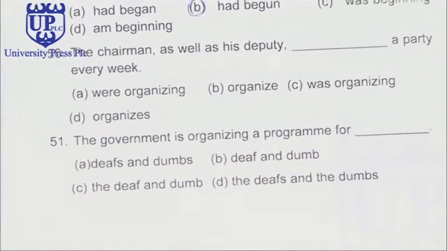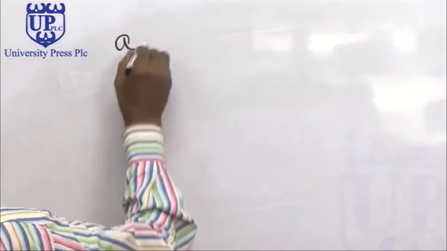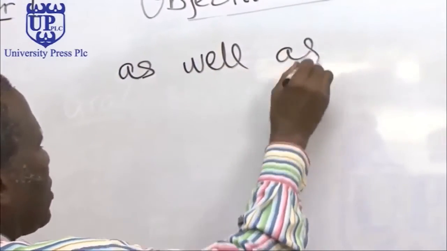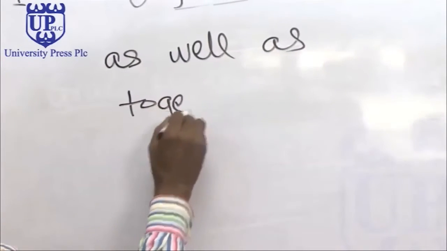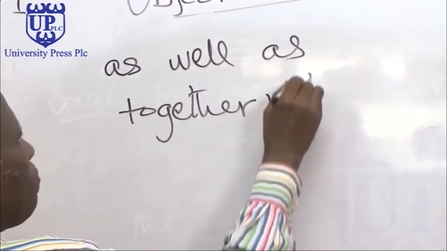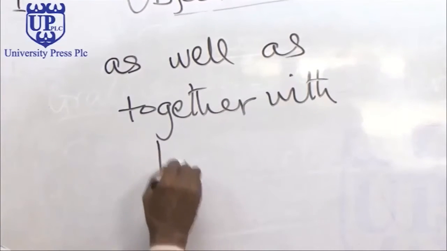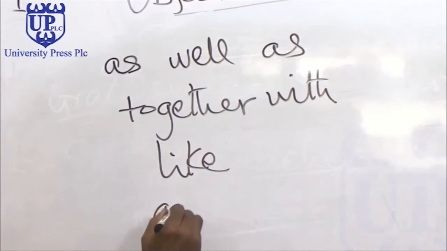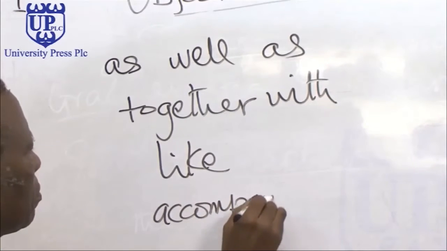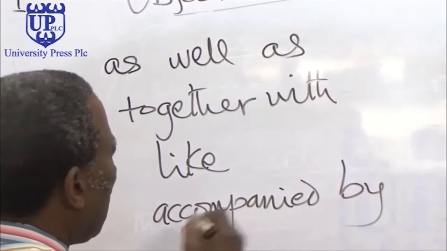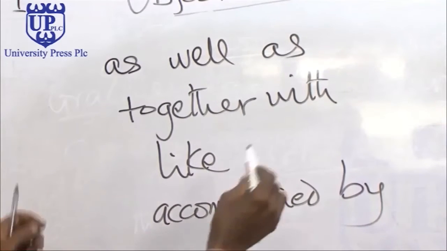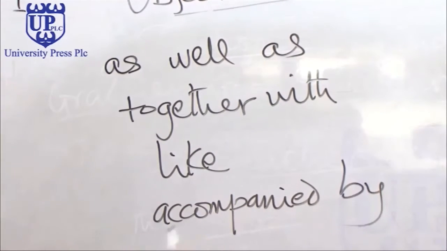Wherever we have as well as, together with, like, accompanied by, the subject, the verb must agree with the first subject mentioned, unlike the last one that we discussed. Right? In other words, if you say the chairman